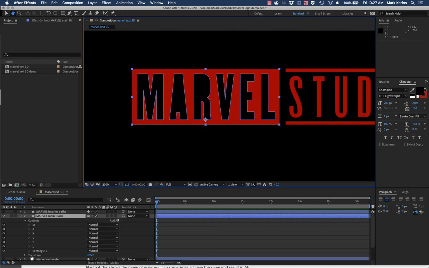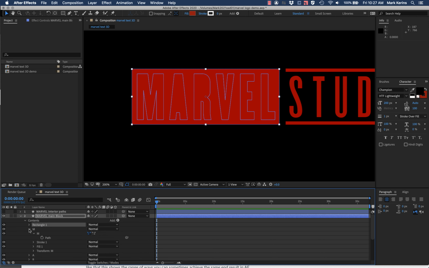And let's take a look at this. And now what I'm going to have to do is combine all these paths. And as you might remember from the other tutorial, I have to get them all into one object. So right now I have several different content objects in this shape layer. I need to get them all inside one object. So let's go in here and I'll take the M and I'm going to copy its path and paste it